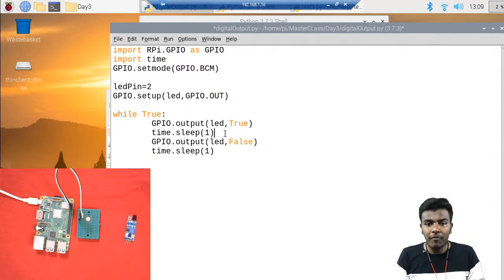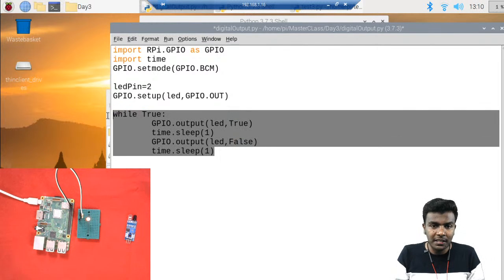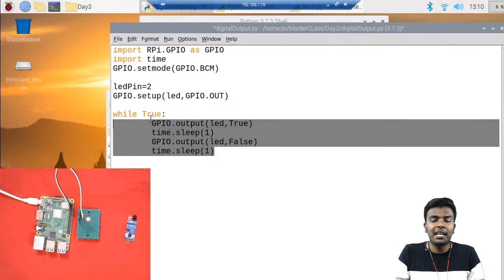So time.sleep of 1 and GPIO.output of LED comma False. This line will turn off the LED, and then time.sleep of 1. Which means it will turn on the LED for 1 second and again turn off the LED for 1 second. We loaded this complete 4 lines of code inside that while True, because while True is